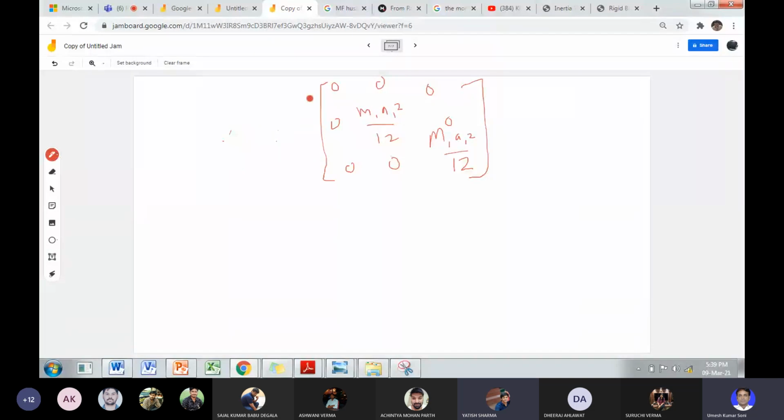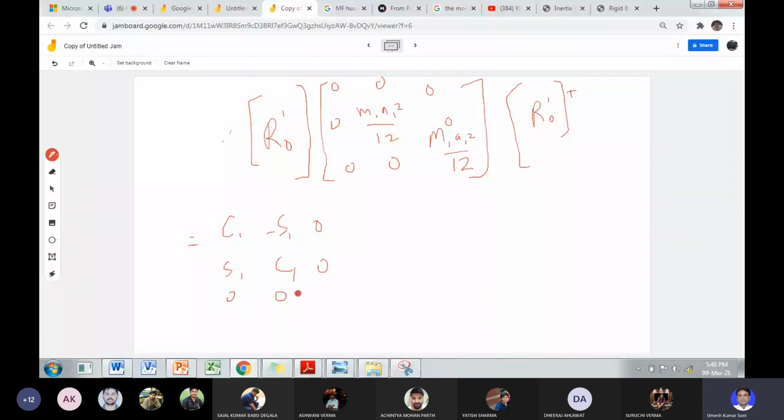After that you multiply this R10 and this R10 transpose. Okay, so what is R10? You have C1, minus S1, 0, oh sorry, S1, C1, 0, 0, 0, 1. Okay, and this matrix,